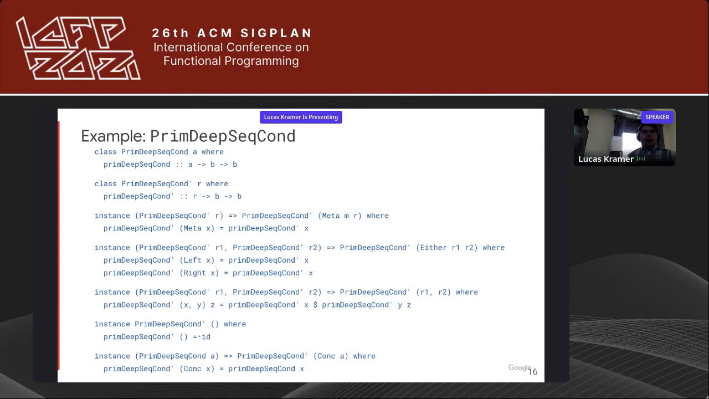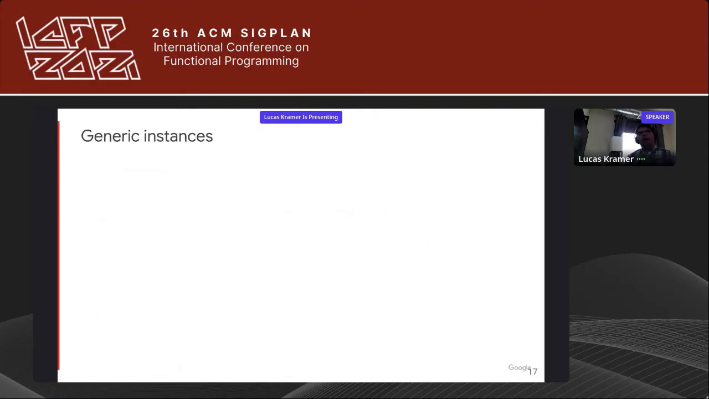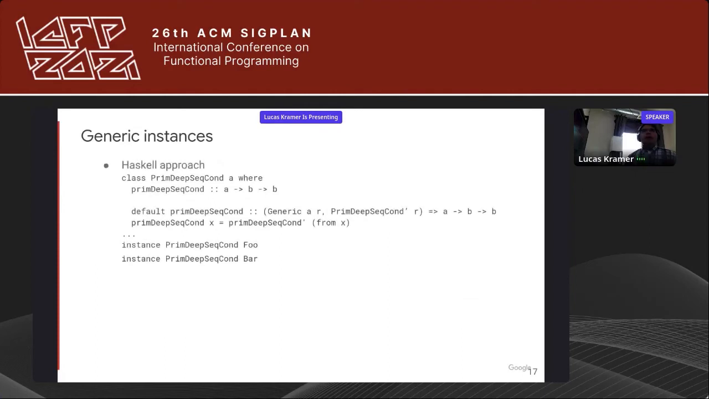Unit basically is for empty tuples, just ID, and concrete types. Then we recurse back to the non-generic prim_deep_seq_con type class there. So then the question is, how do we actually specify the instance for a type class in terms of the prim_deep_seq_con's generic implementation? So the Haskell approach for this, if this were Haskell, we basically would write something like this,